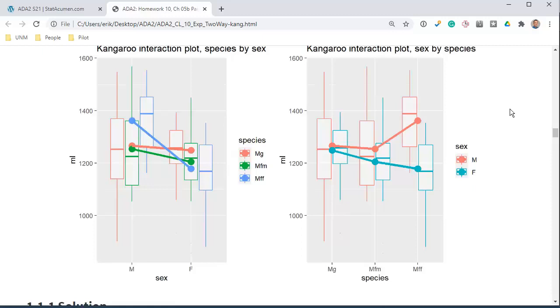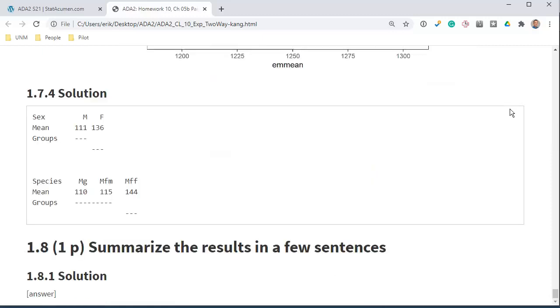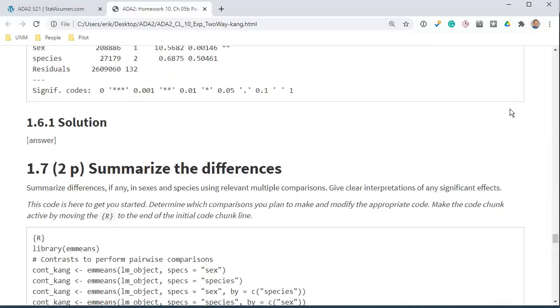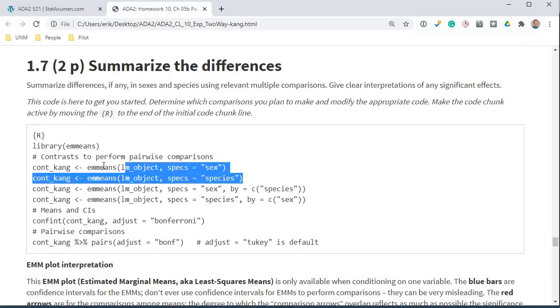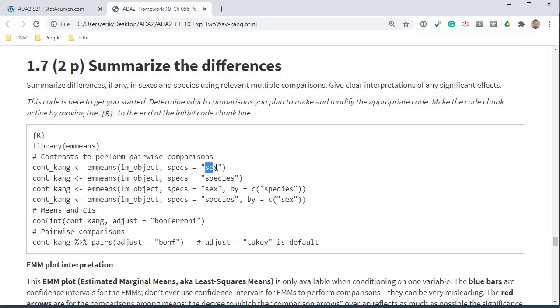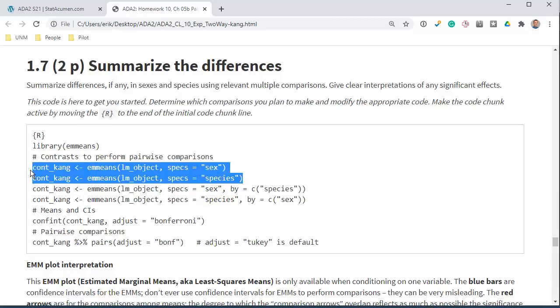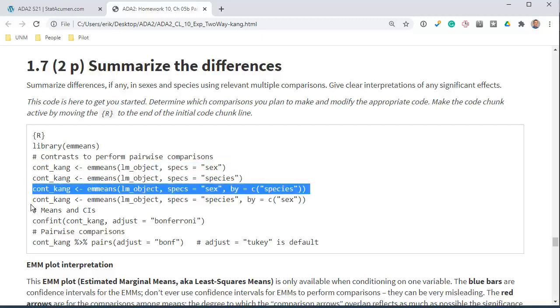It won't just blindly follow the result. So I just pressed end to jump all the way down. So we don't want these first two. In my opinion, main effects don't really make much sense to interpret if there's an interaction in the model, because differences between sex depend on which species you're in. So we're going to delete these two for the main effects, and we're going to use these two for the